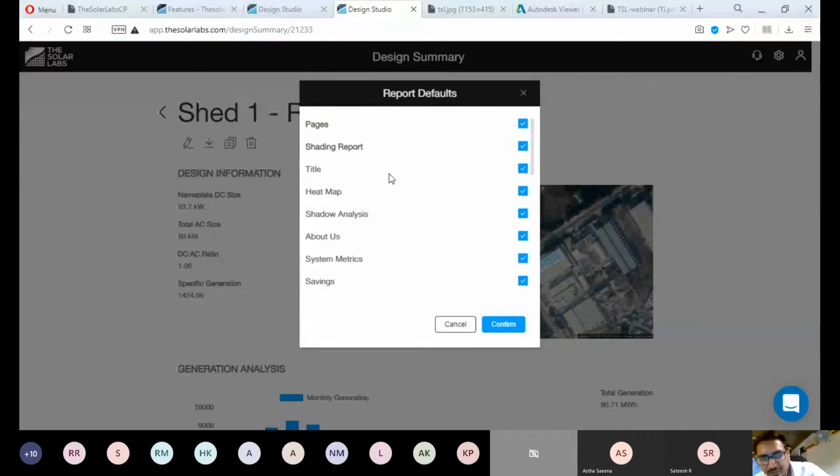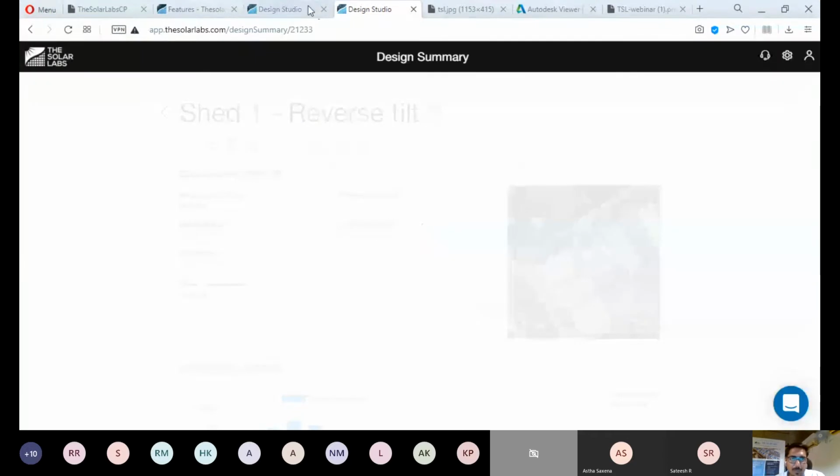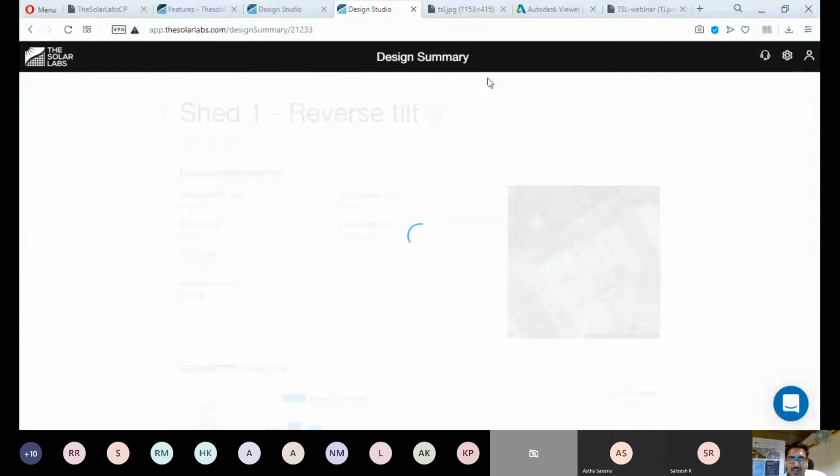So now we are at the last part of the software where we are creating a sales proposal for the design, and you can choose the different times you want, create the shading report as well, and then click on confirm. Right. So by the time this shading report, I mean, this sales proposal, is being prepared, I'll